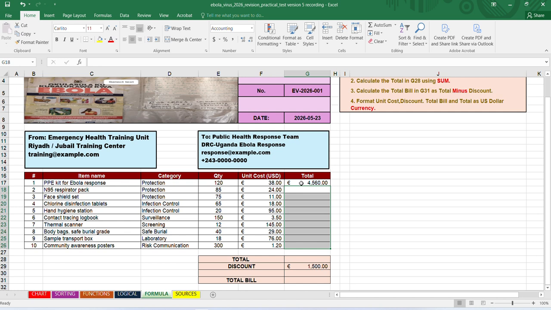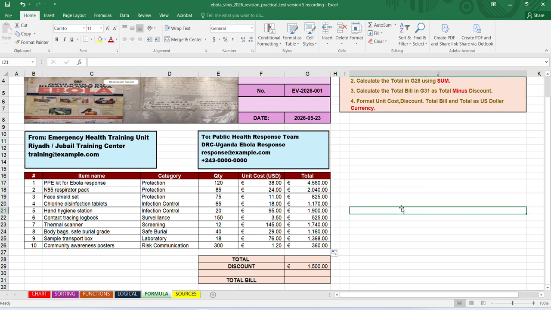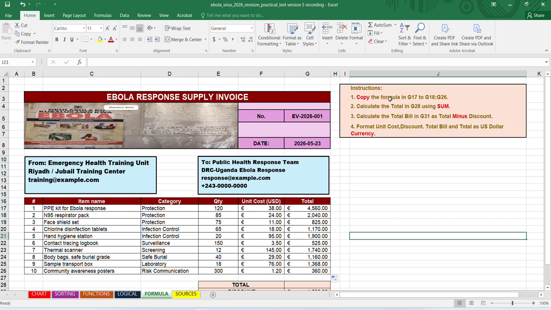So go to G17 again. To copy, go to the right corner of the cell, lower part. You see the solid plus sign, and then drag it downward up to G26. After that, release the mouse. That's it. That is number 1.